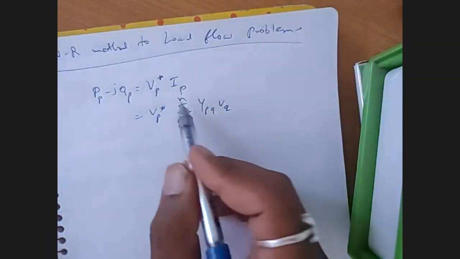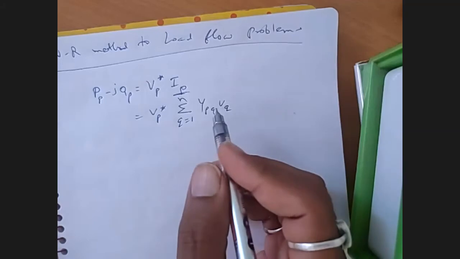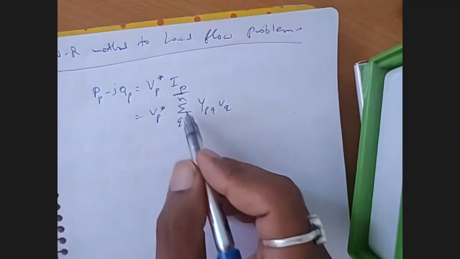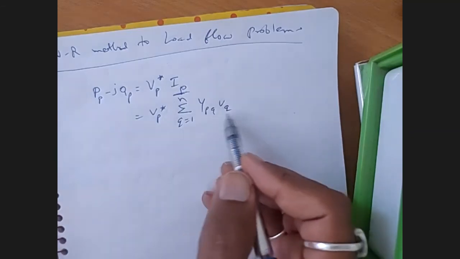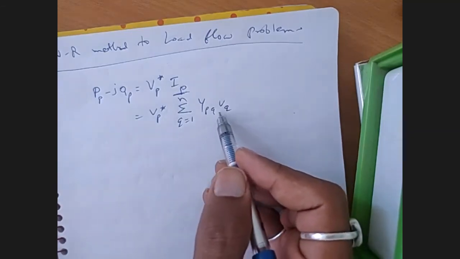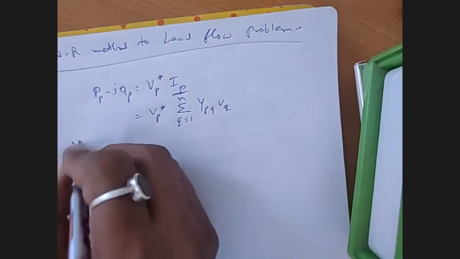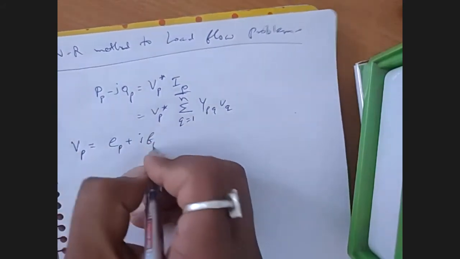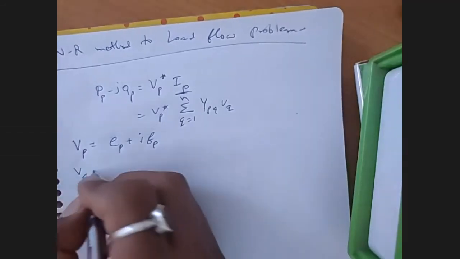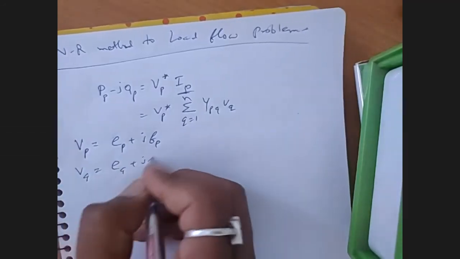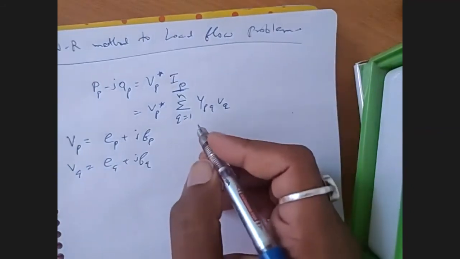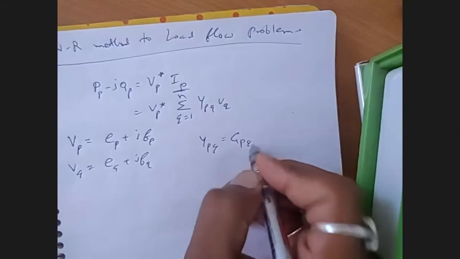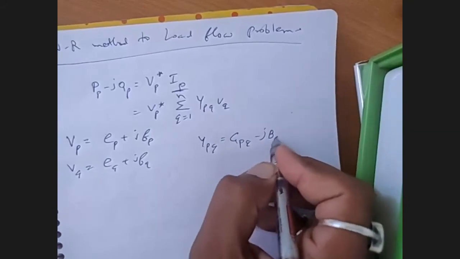We have put the value of Ip, so that will be summation q equal to 1 to n Ypq into Vq. Now we select Vp equal to Ep plus jFp, Vq equal to Eq plus jFq,